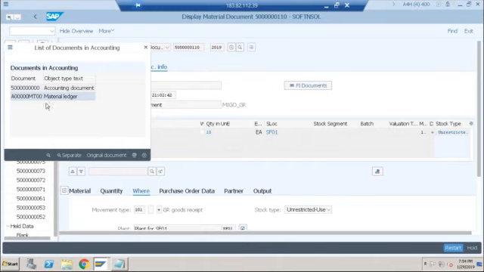Again, if you remember in controlling, I told you earlier that the controlling document is not the actual document number, it is a statistical document number. Same is for material ledger. So earlier the material ledger document was having its own tables and even it was generating its own number. Now this is the only one number. That is the reason it is called the universal document number, which is valid for all the 5 components.